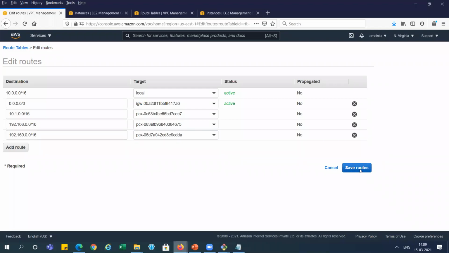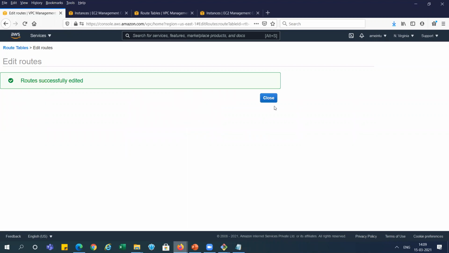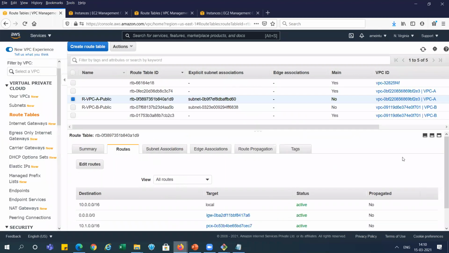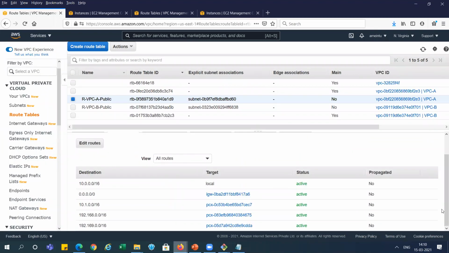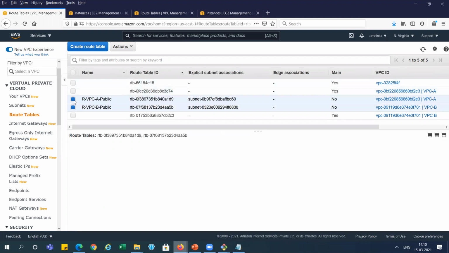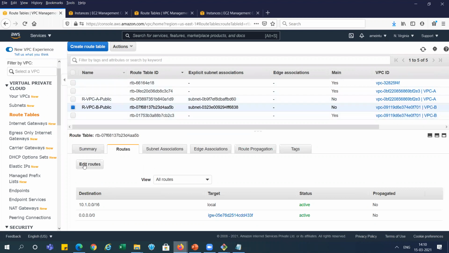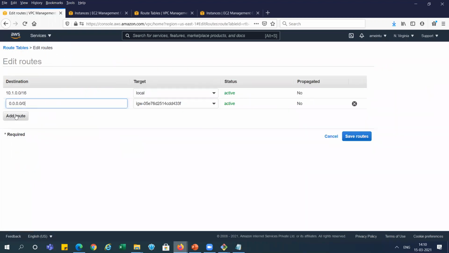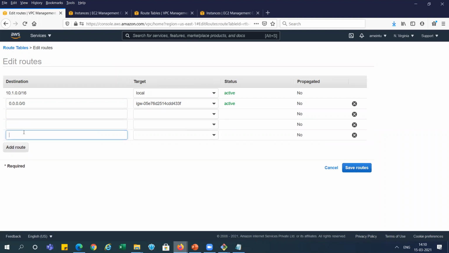Now we have done this route table. The route table has been changed successfully. Now you can see here it is showing the pairing connection for this flow. So we will get the traffic from here also using the pairing connection, right? The same thing we need to do for all the public instances here. It is still only one, so we need to add the 3 routes here, right? So the same routes, we can go 1690.